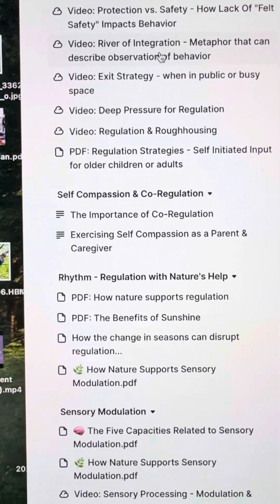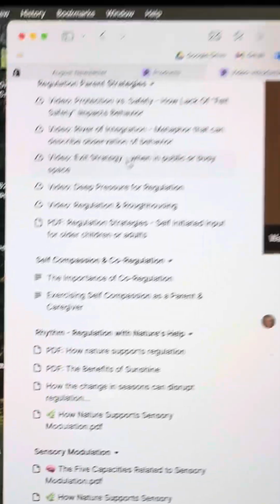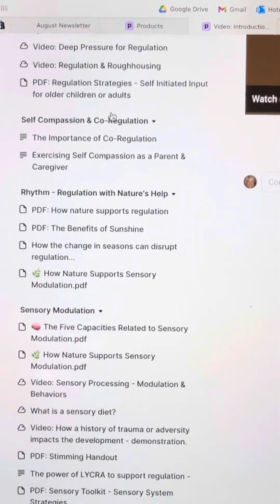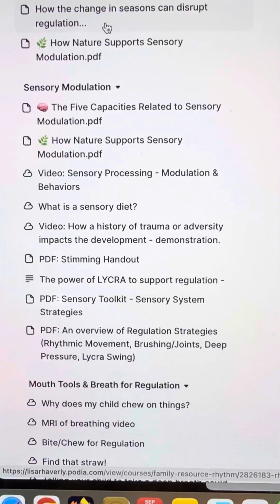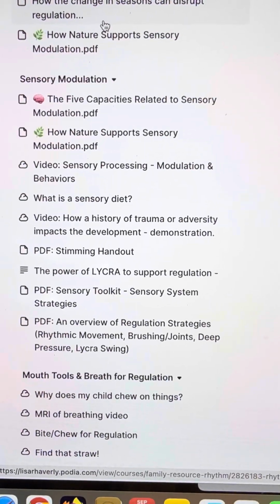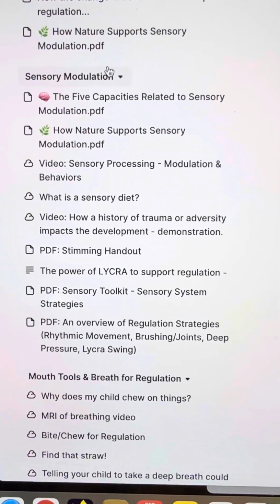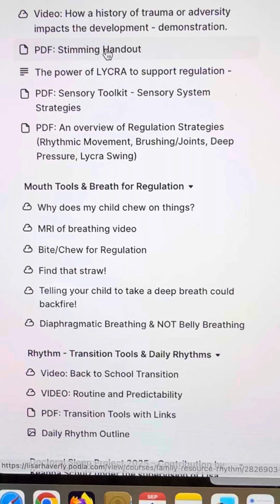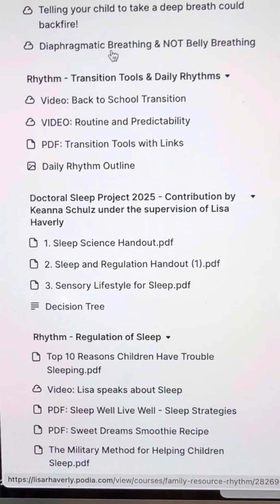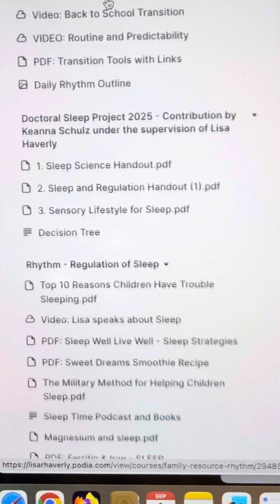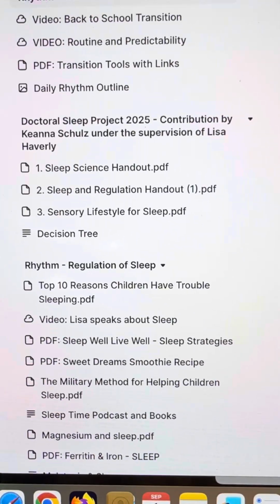And so there's a lot of information here on the R of rhythm. For regulation, how nature helps, what is sensory modulation, how does nature support sensory processing and modulation, so much information, how we might bring in mouth tools, transition tools,